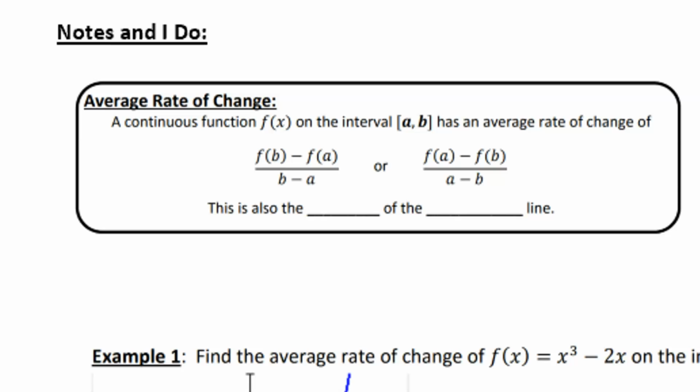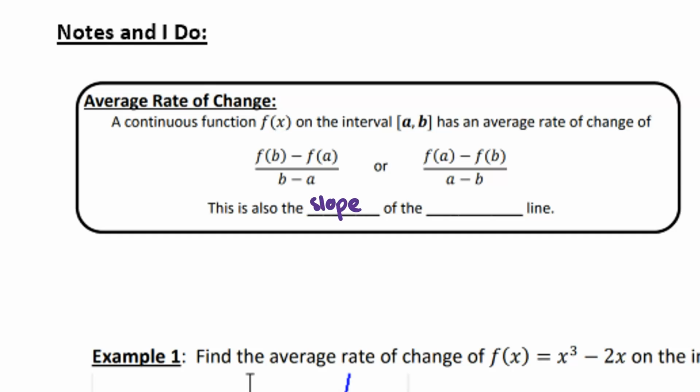So we're given two ways to write it, where we're looking at the interval a to b. So it's the difference in our y's over the difference in our x's, or in function notation, f of b minus f of a over b minus a. So this is also the slope